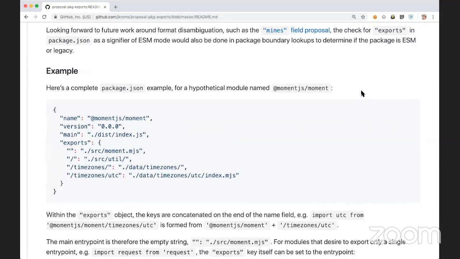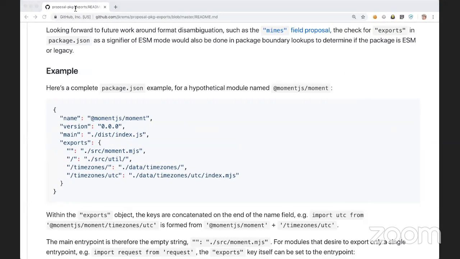No. So GraphQL actually tried to ship 2 modes of packages at once and ended up having to remove their dual mode package and split it out into 2 separate packages because of problems with people using the APIs and getting different identities on functions. Gotcha.